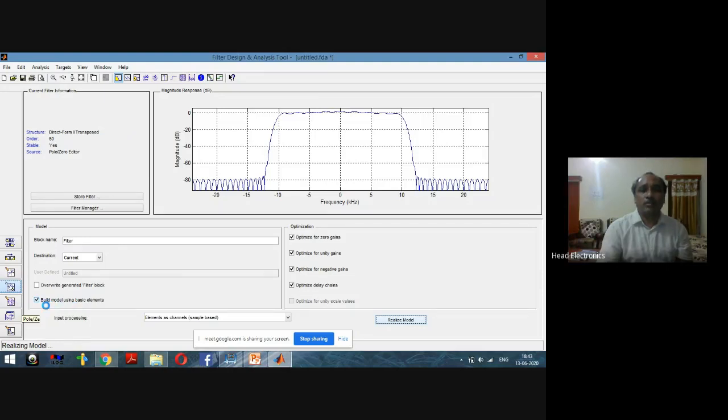In this one, we will get the architecture, the total numbers of adders, multipliers, and energy storing elements, and their connecting paths. And accordingly, we can also decide the cost of the designed filter. It will be a realized model represented in the form of a block as well as in the form of connected computational devices: adders, multipliers, and energy storing devices.